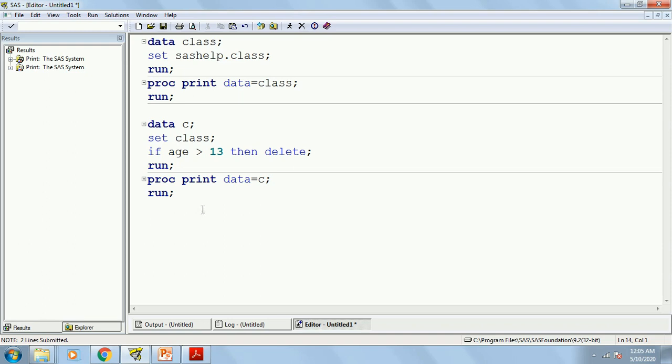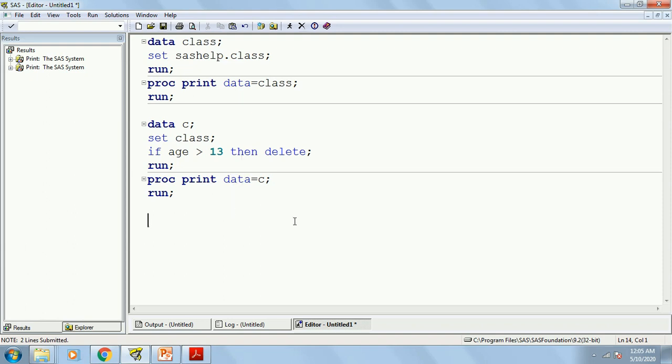Alright, now what if I want to just keep all the people whose age is maybe 15. That means I want to delete the people whose age is 11 or 12, 13, 14, 16, 17, 18, whatever. I just want to keep only the people whose age is 15.